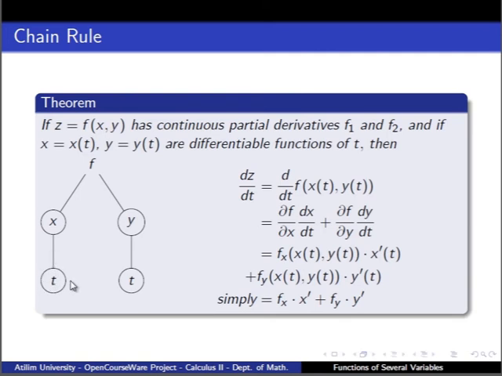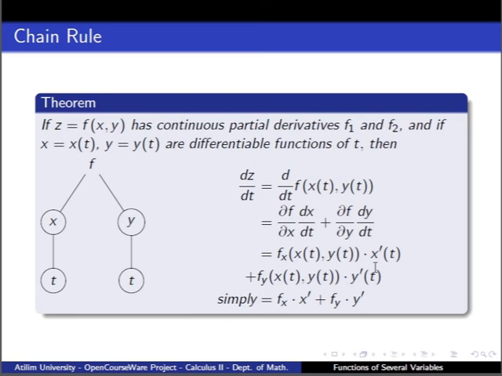Then we turn back to f, and if we want to know the number of apples that we add in between these two branches, we should put a plus sign, then del f over del x times dx over dt plus del f over del y times dy over dt, which gives us the chain rule for the function